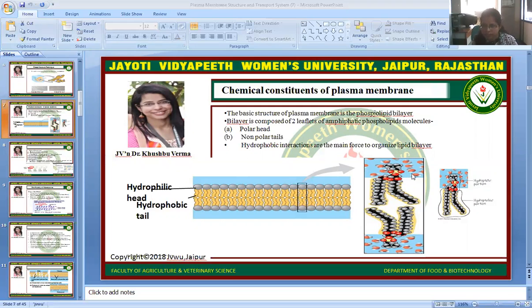So this is the enlarged area where we can see the polar head region, the hydrophilic region. These are the two fatty acid tails. One tail is simply straight, but the second has a kink region. The kink is basically due to the presence of a double bond or triple bond. If the double and triple bonds are more, then this kink will be more, and this tail region will be more outside.